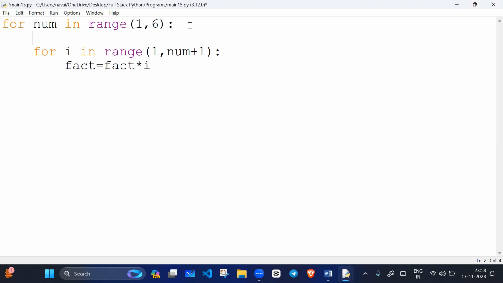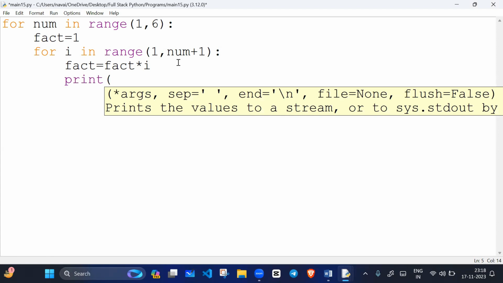Then now I have to explain the initialization of the variable. fact equals 1. Alright, now what I will do? I will print the factorial. So I will write print, okay, so factorial, like